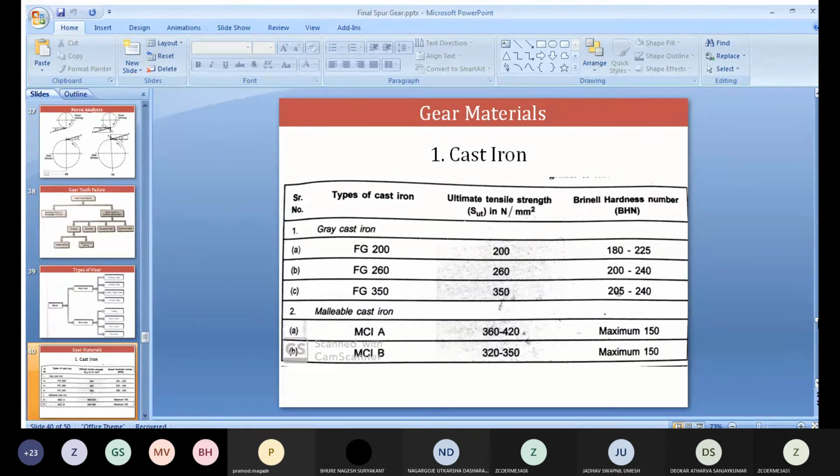Gray cast iron FG200. FG260. You can write accordingly. Then malleable cast iron. Write two examples